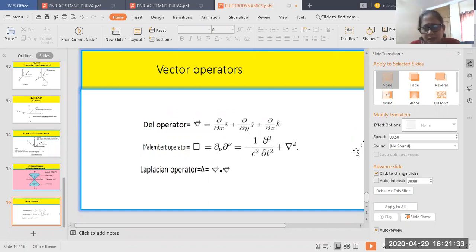I think we have had a very long class, so today I'll stop here. You go through all these slides. I'll share the slides. In the next class, with the concept of covariant and contravariant vectors, I am going to the next part of the formalism, that is the electromagnetic field tensor. There I need the concept of covariant and contravariant vectors. What is the electromagnetic field tensor? How do we find out the components of the electromagnetic field tensor? That is taken in the next class.